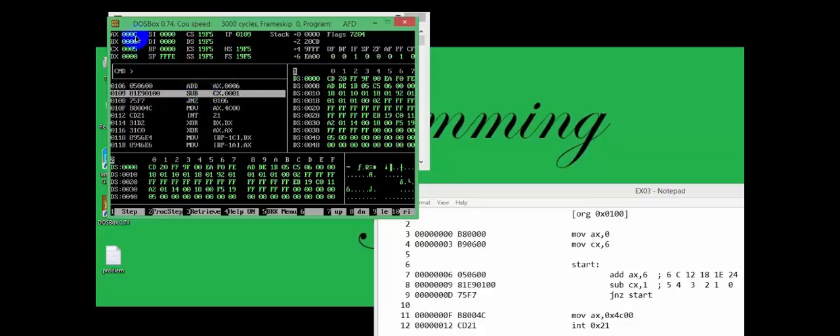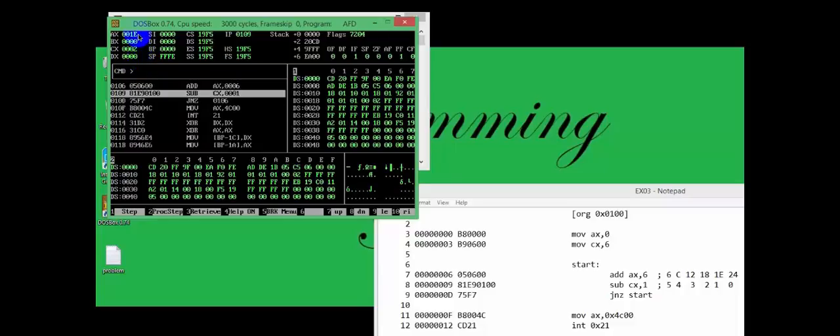Again it will become 12 and CX is 4. Now again it is not 0, so it will add again, it will become 18 and CX will become 3. Again CX is not 0, so it is 24 and now CX is 2.